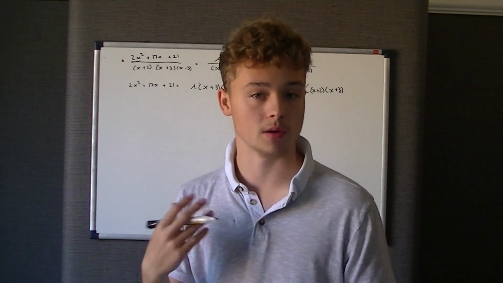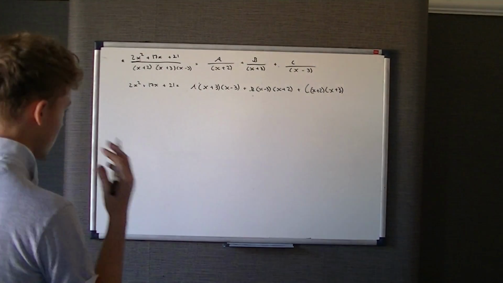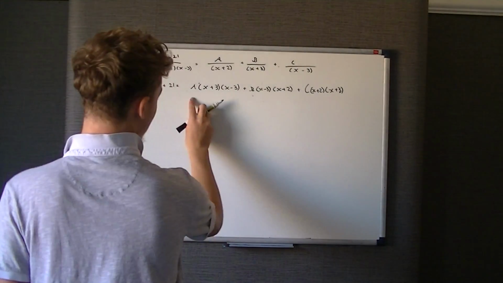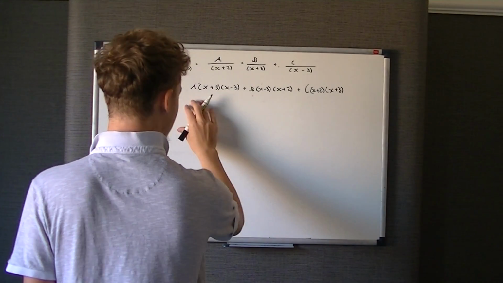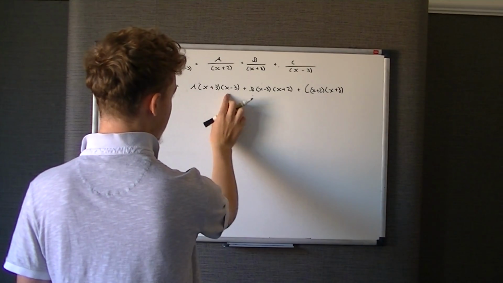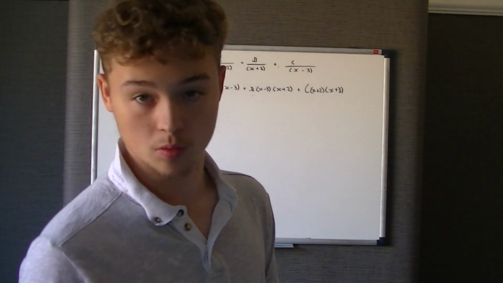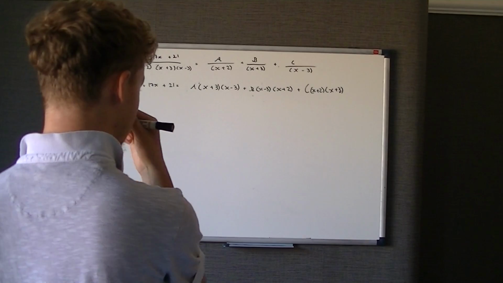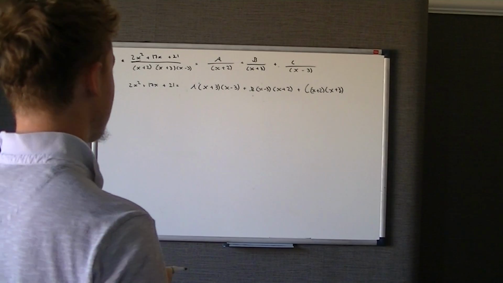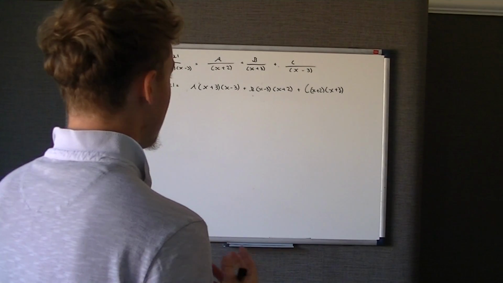It's easier just to leave it like that so you can put the x values in when we come to it. So as I said, we're going to be following the same sort of method. The only thing to watch out for, well you don't need to watch out for it anyway because you get the same answer. But obviously some of the factors here, so x plus 3 appears in C and x take 3 also appears in B. So whenever you want to make one of the factors equal to 0, say you want to make x plus 3 equal to 0, x would be minus 3, so you put x is minus 3 into each x value you see in there, and it just leaves you with